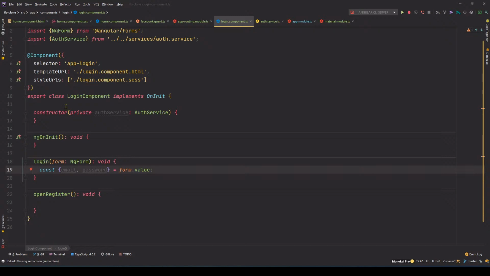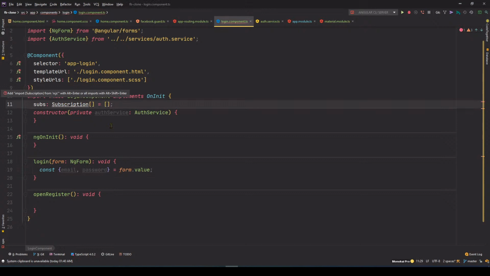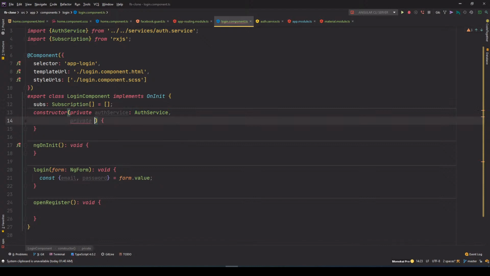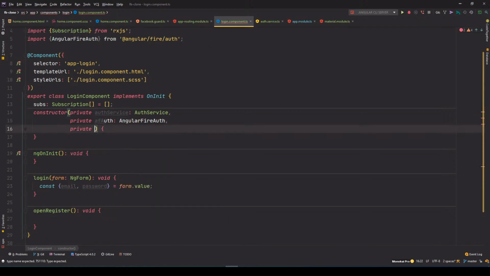And I'll store the subscriptions in an array. So apart from auth service, I need auth, Angular Fire auth, my router,